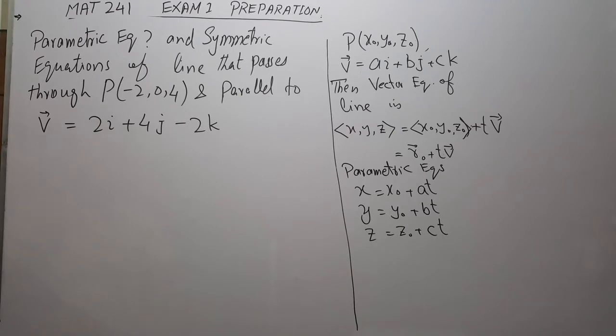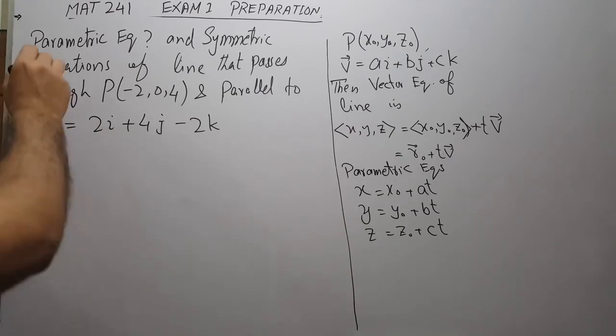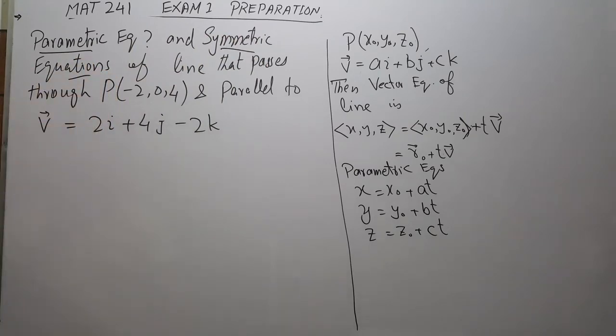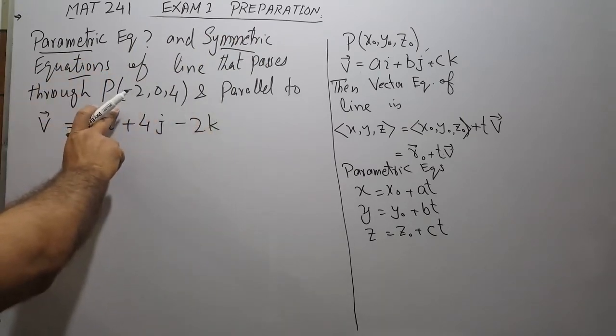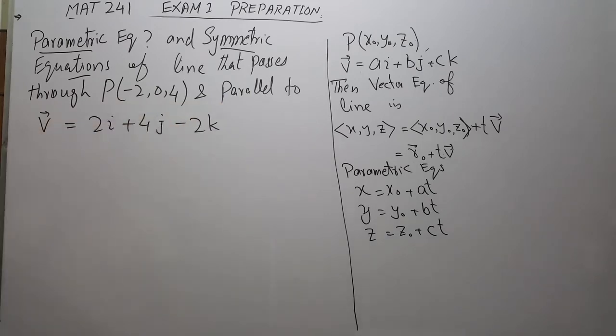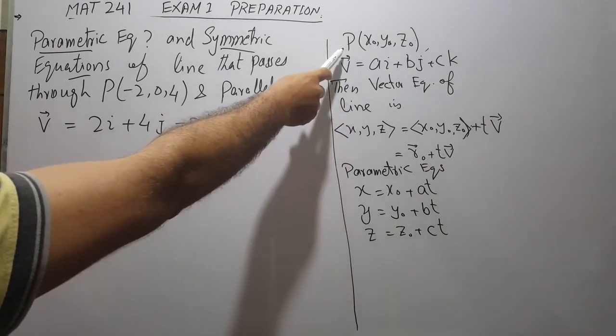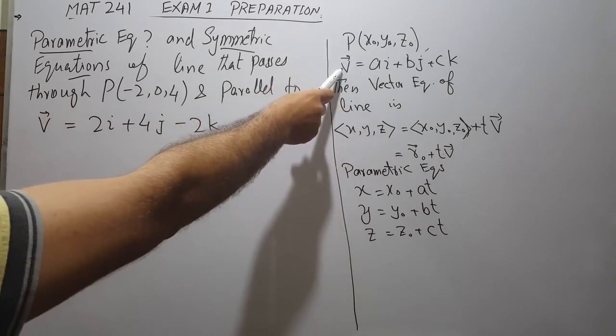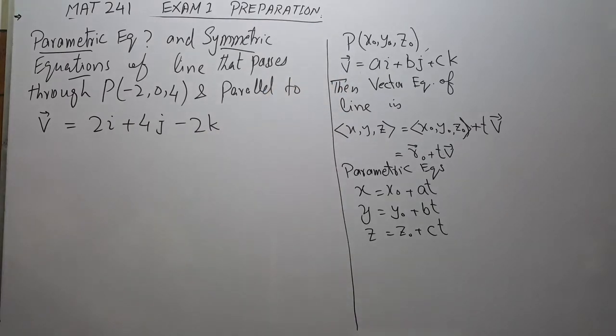So the third part is find out the parametric equations and the symmetric equations of a line that passes through some particular point and is parallel to a vector v. So the general form is, if you are given a point P and the line passes through this point and is parallel to some general vector v, which is ai plus bj plus ck,